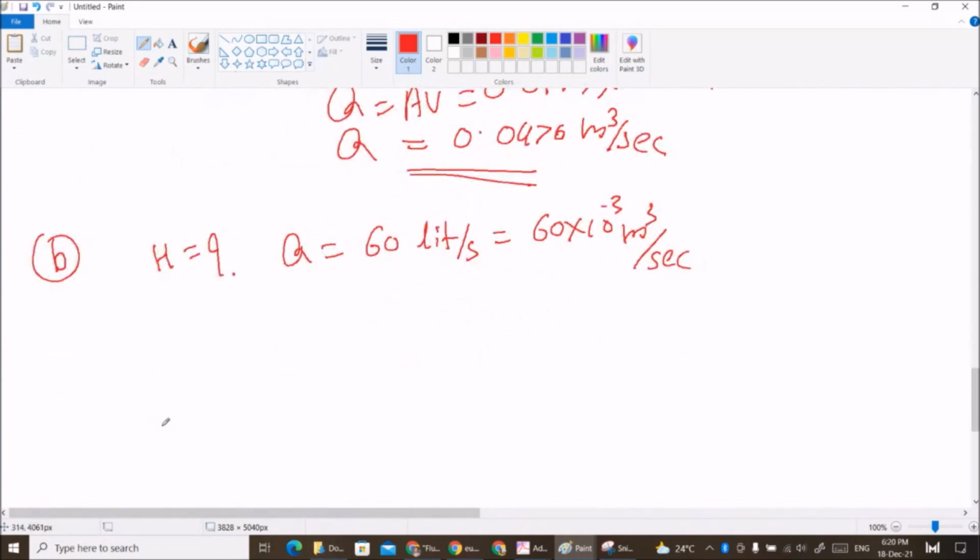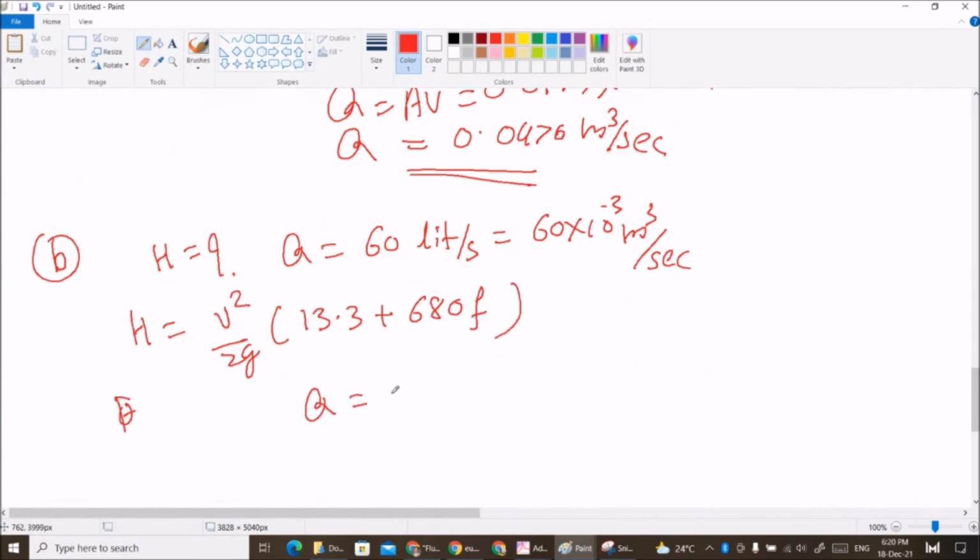So we have the equation H is equal to V square by 2G, 13.3 plus 680 F. Q is equal to AV. So 0.0177 into V is equal to 60 into 10 to the power minus 3. So I will get V is equal to